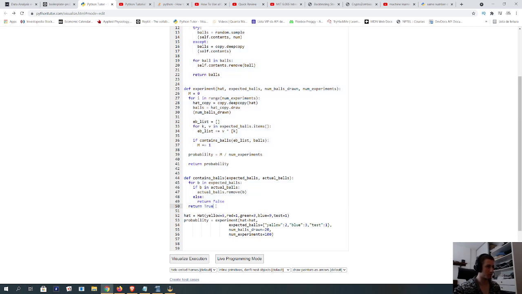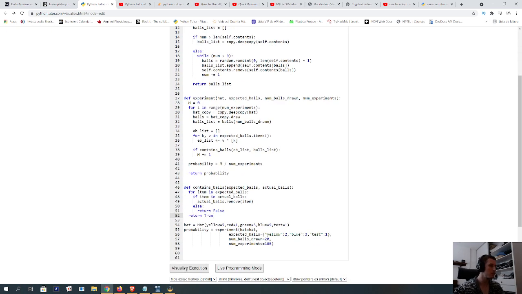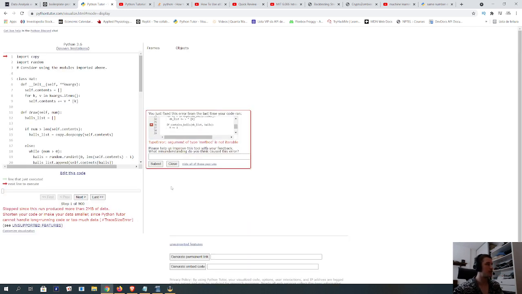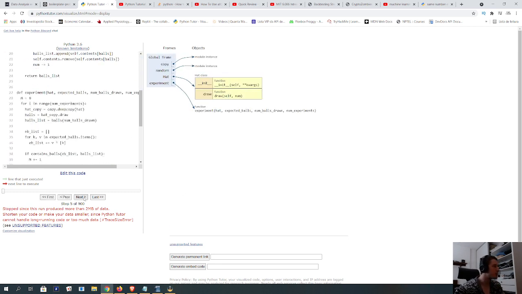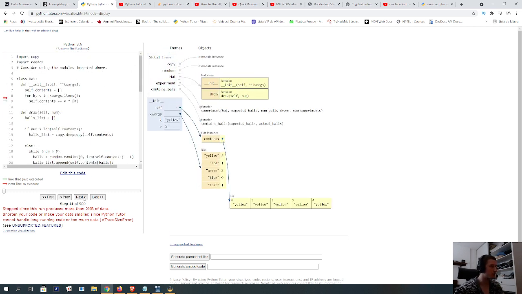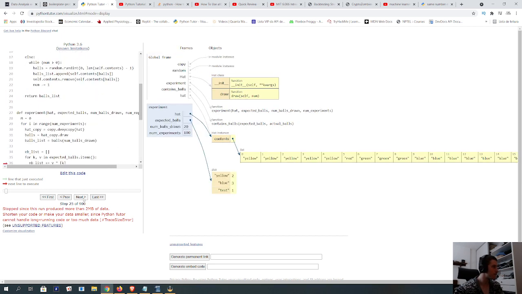Actually, I should copy just this. So the way that I solve this is exactly the same thing that is gonna happen the first time. But once you call this experiment function,